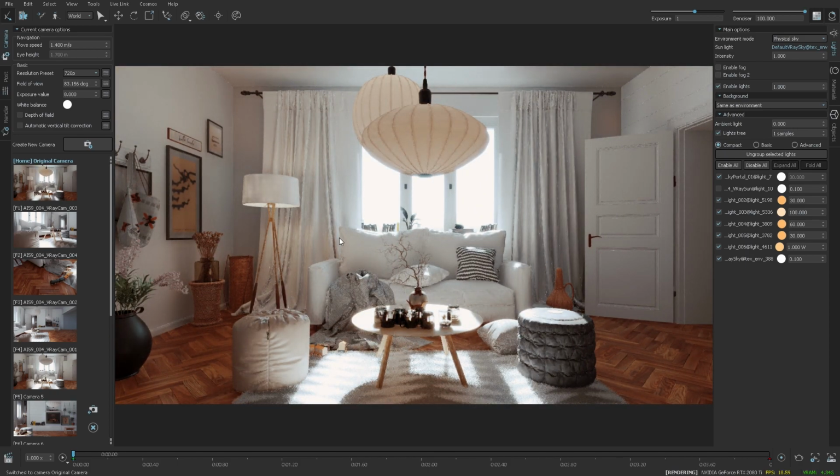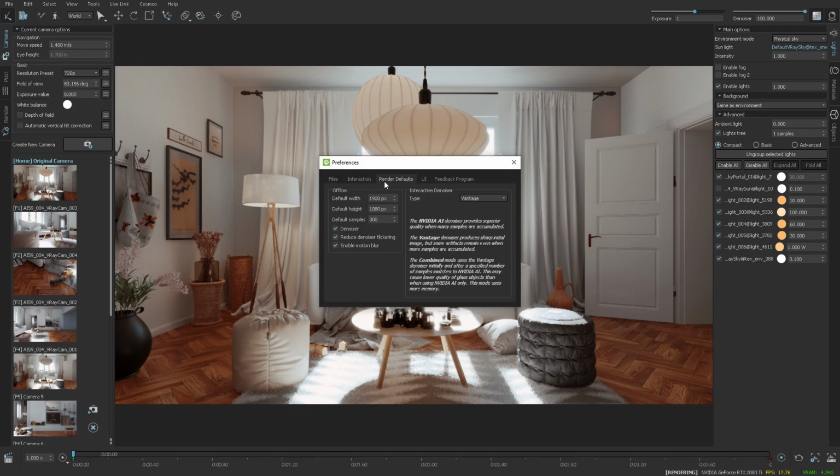Another great addition in version 1.3 is the NVIDIA AI Denoiser. Currently, I'm using the native Vantage Denoiser, and as you can see, some parts of the image are really smooth, while others flicker a little bit, and you can see that over here in the candles, even over here in the curtains. To compare the two denoisers, I need to switch those, so we go into the preferences, render defaults,